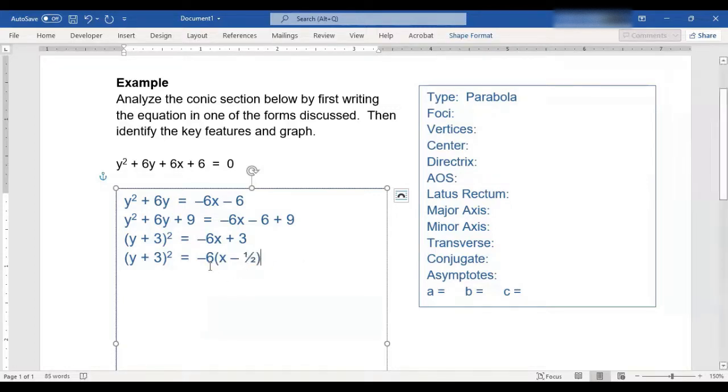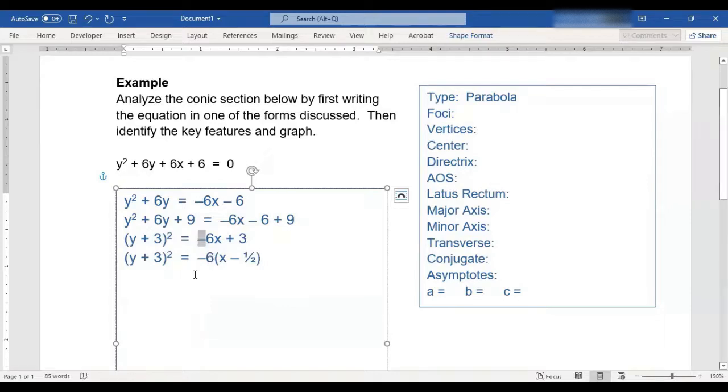And I like to distribute just to make sure I didn't make a mistake. So negative 6 times x is negative 6x. Negative 6 times a negative 1/2 will give me a positive 3. Cool. So then the next part I want to do to get this into one of the nice parabola forms